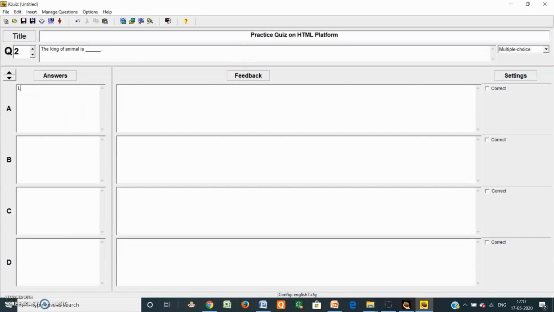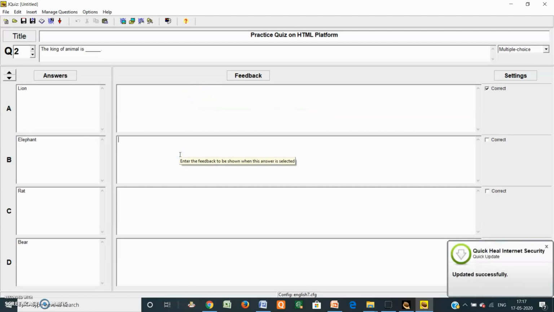Just lion, elephant, rat, and write another name here. The correct answer is suppose lion. So in this way you can select it. The lion, you can give a hint here.